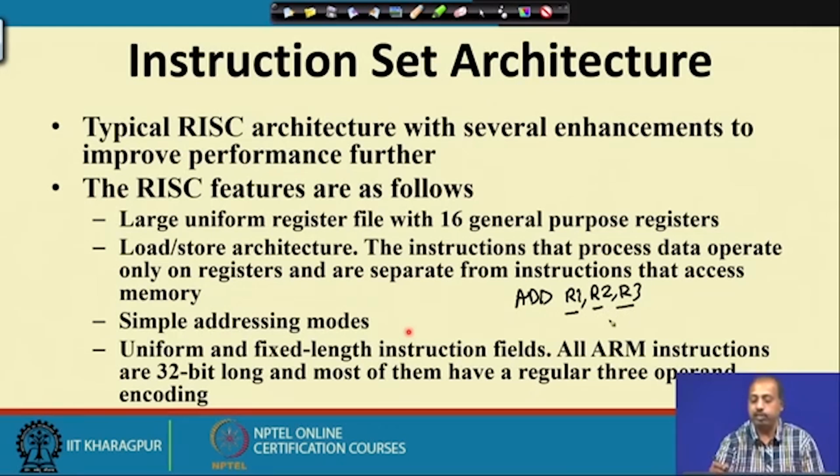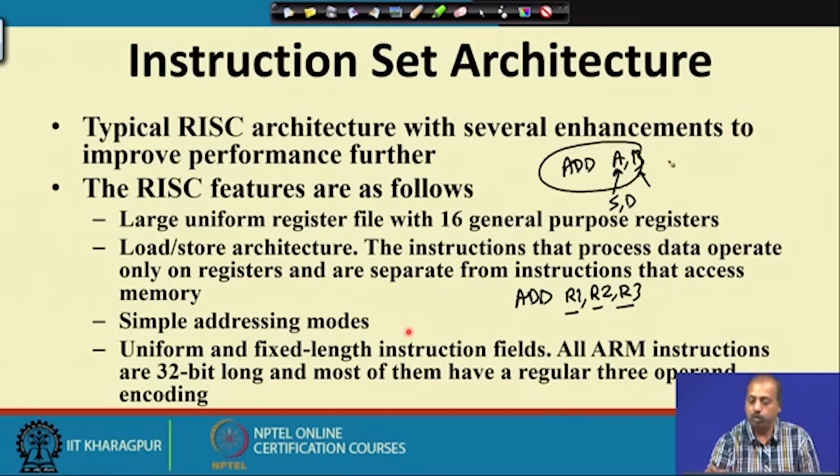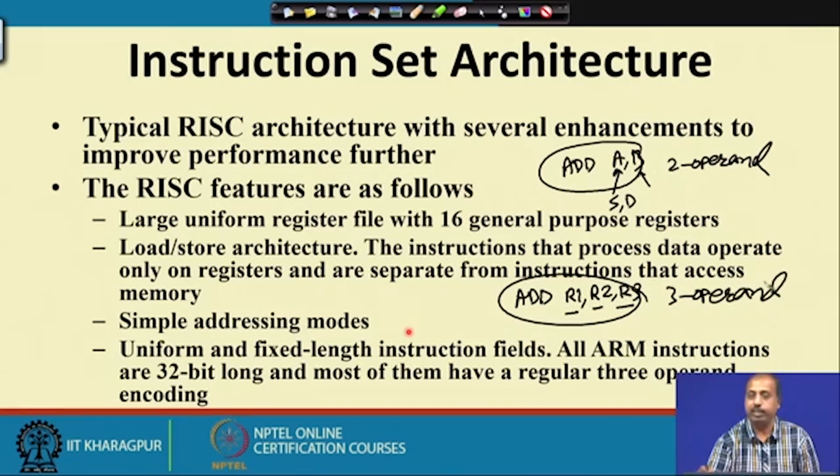On the other hand, in 8085 or 8051, you have got instructions like add A comma B. So, this A is the source as well as the destination, and the second one is the second operand. So, these types of instructions are called 2 operand instructions. Now, this type of instruction will be called 3 operand instructions, and you can also have 0 operand instruction